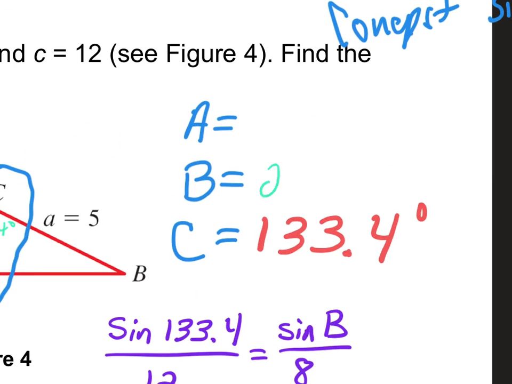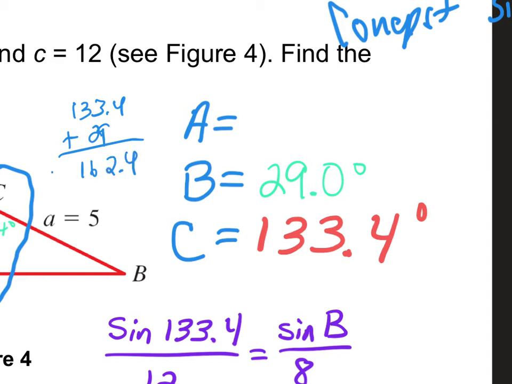So angle B is 29.0 degrees. And then how do I find A? If I know what B and C are, what do I do with B and C to find A? Yep. So 133.4 plus 29 gives me what? What's 133.4 plus 29? I get